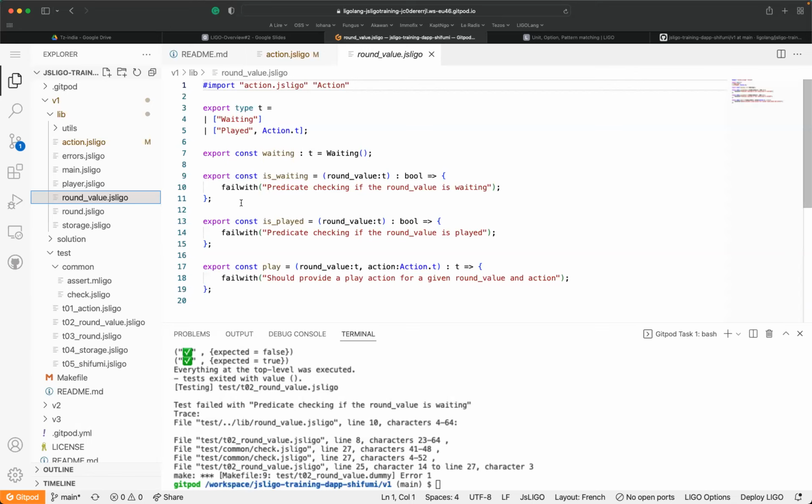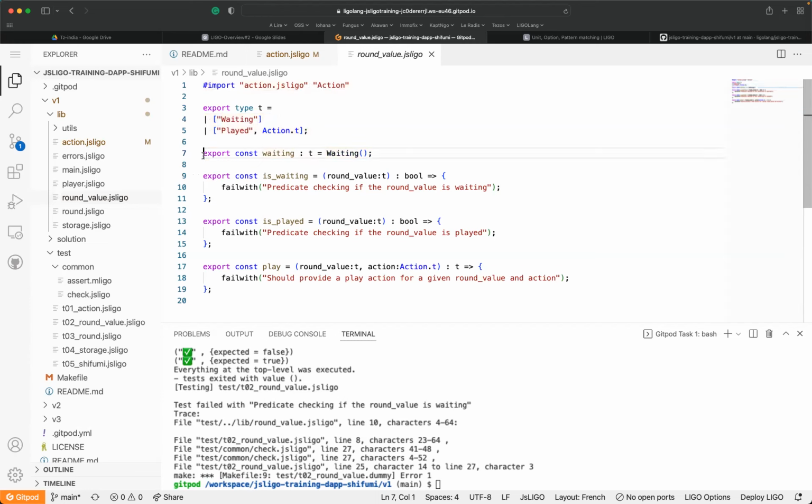So, for example, at the beginning, the first state of a player, once we start a new game, is that we are waiting for the player to play, and then after, the player can play. Okay, so here we are going to provide, as for action, a first type which is waiting or played, with the action which has been defined just before and imported here.